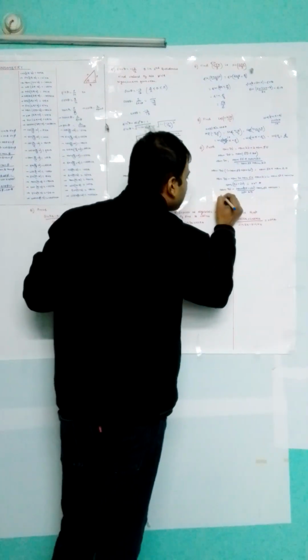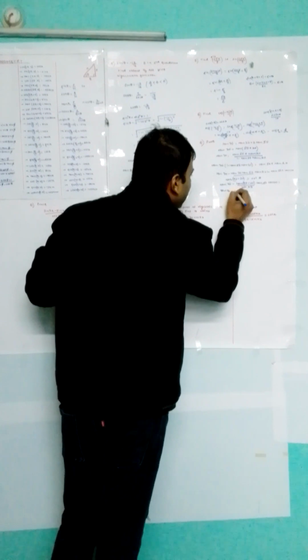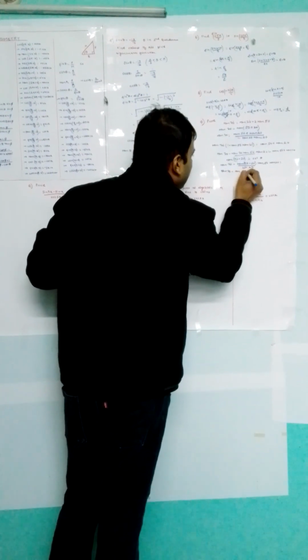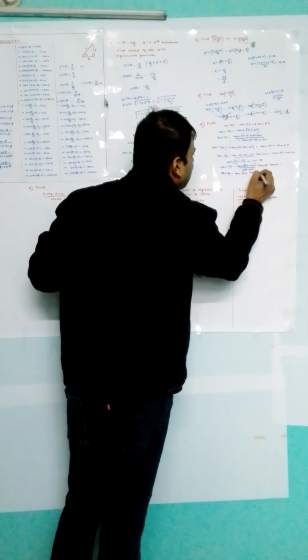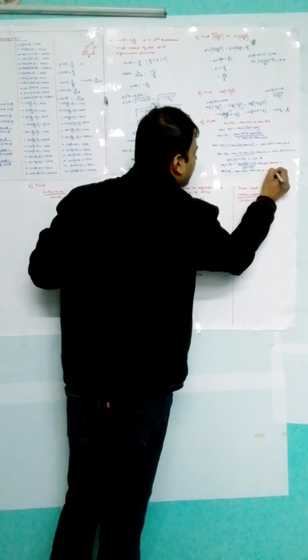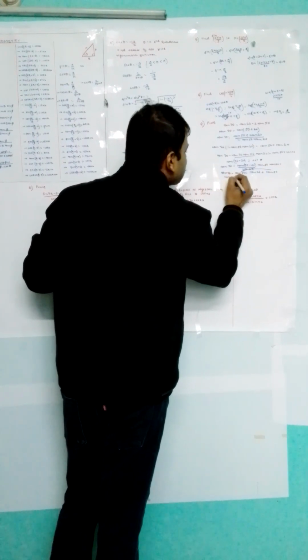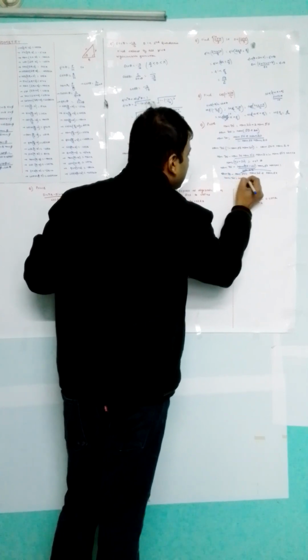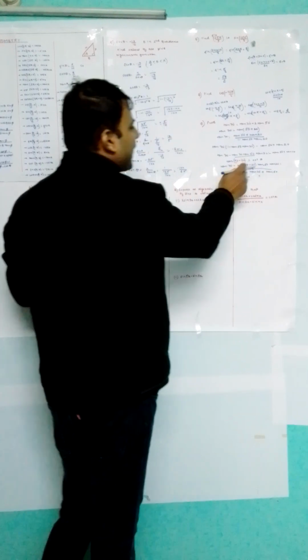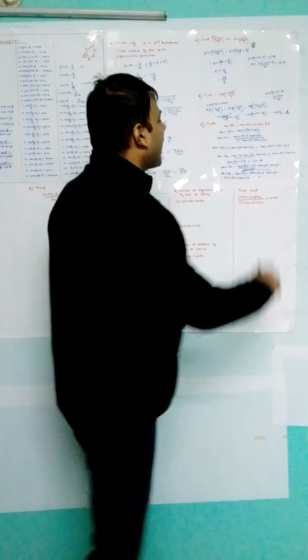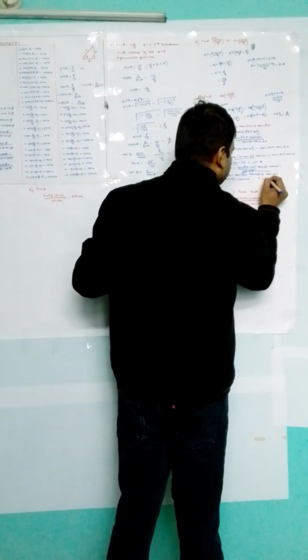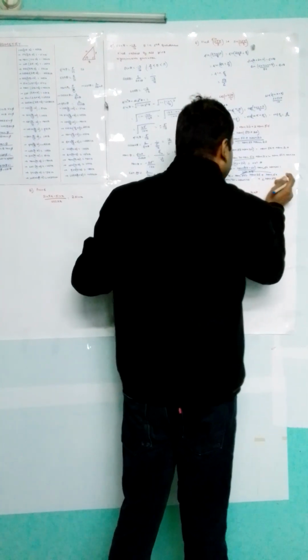So we can write tan 70 minus tan 50 equals tan 20 plus tan 50 from here. So when it goes to RHS, we can prove that tan 70 equals tan 20, and this tan 50 when added to this tan 50 will become 2 tan 50. Okay. See, this is the first part.